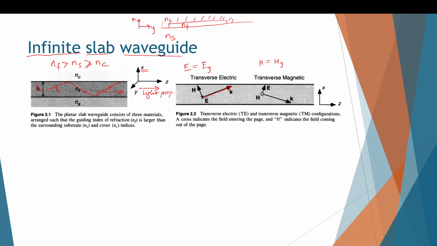So the case in which the electric field is perpendicular to the z-axis. My net light propagation is in the z-axis, right? Even though at a particular instant it is propagating in some other direction, the net direction of the guided wave is in the z-axis direction, right? So if my net propagation is along the z-axis, then